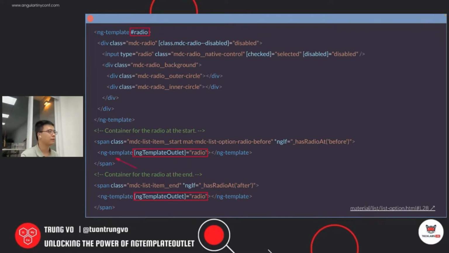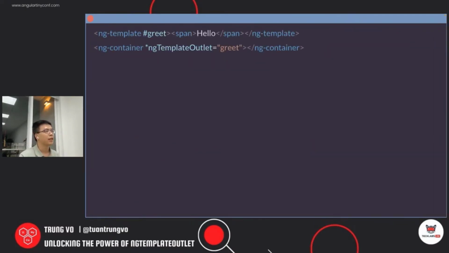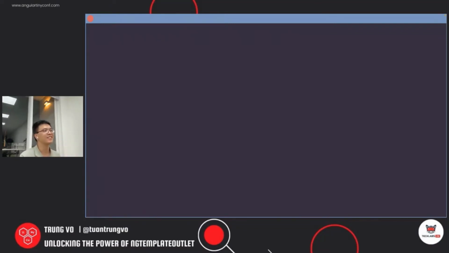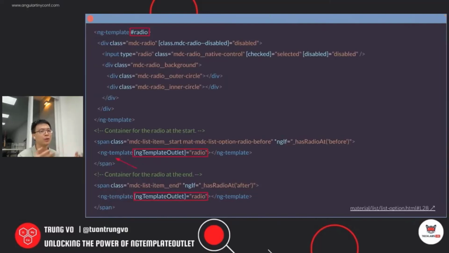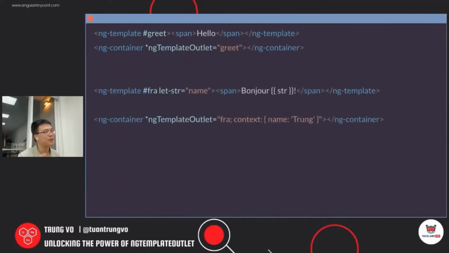And the next one is, if we can just define a template and then render it, that doesn't seem that useful. In 90% of the cases, you will come back to this use case where we create a reusable template, and that's it. But the real power of ngTemplateOutlet, or actually ngTemplate and ngTemplateOutlet, is that you can give it a certain context. It's a certain piece of data that you can send to a template, and it can use this data